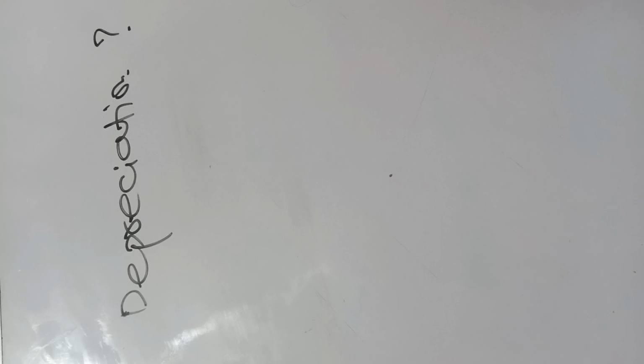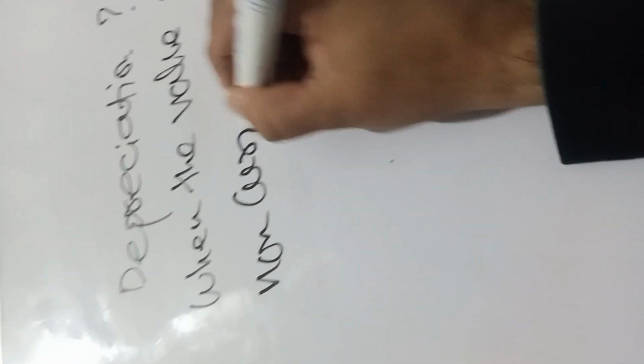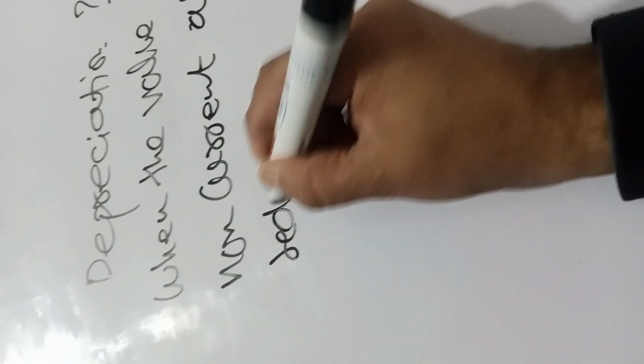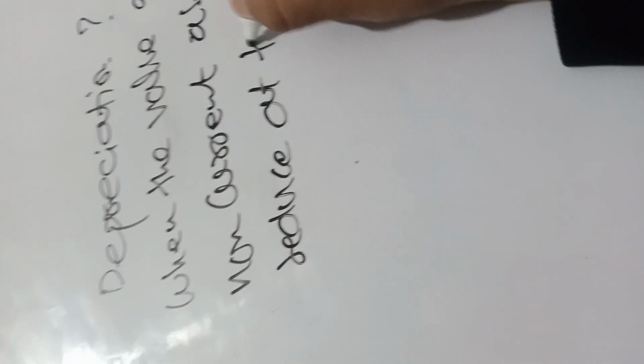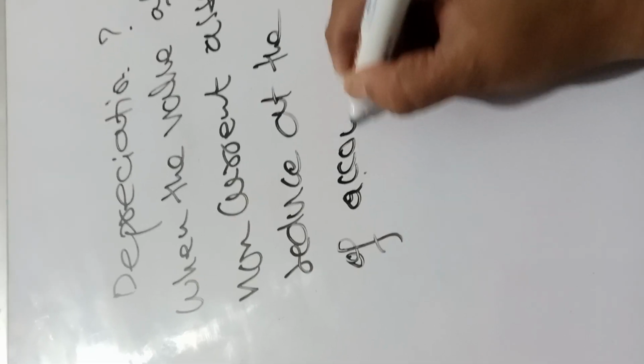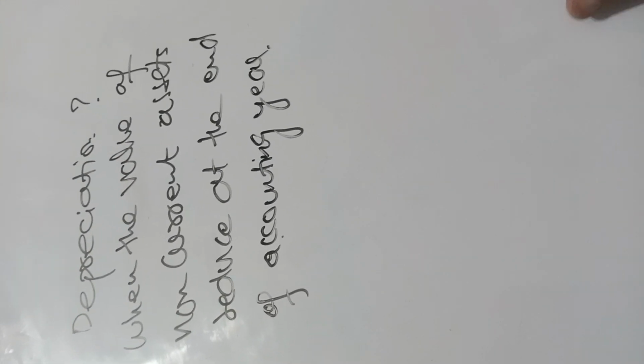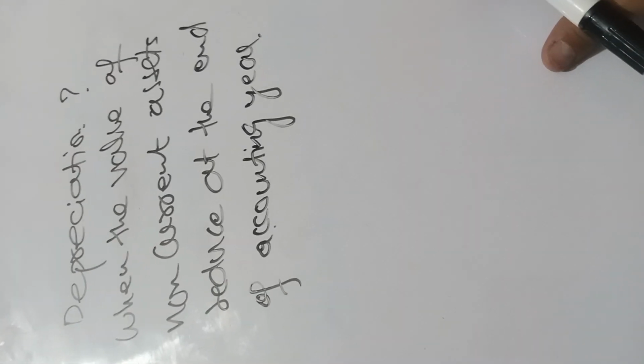In accounting, depreciation means when the value of non-current assets reduces at the end of the accounting or financial year. जब accounting year के end पे or at the end of financial year when the value of non-current asset reduce,